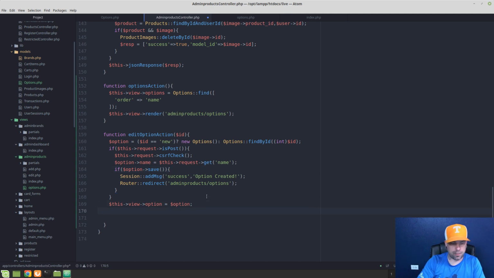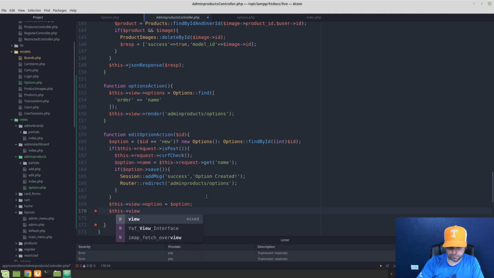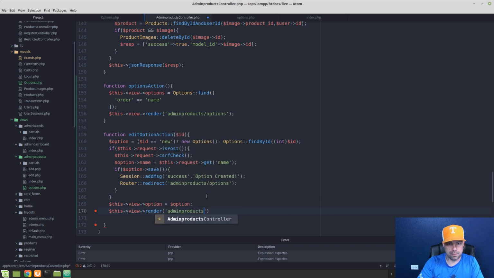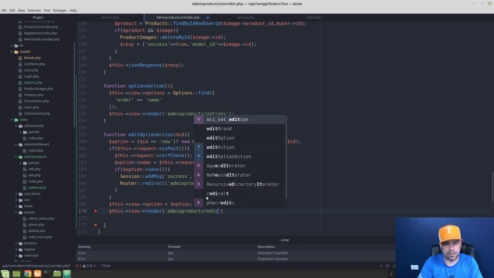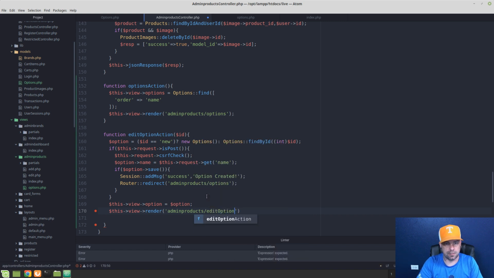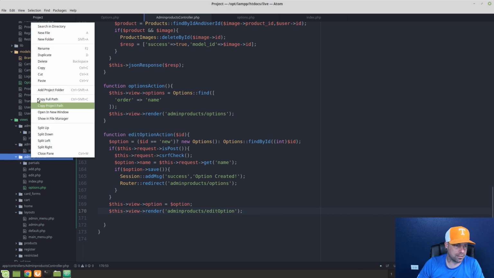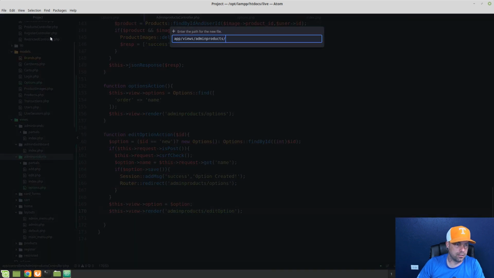I actually need to render a view here, so this view render, and that will be admin products / edit option, I guess. So let's go now, and inside this admin products, let's add a new file called edit options.php,